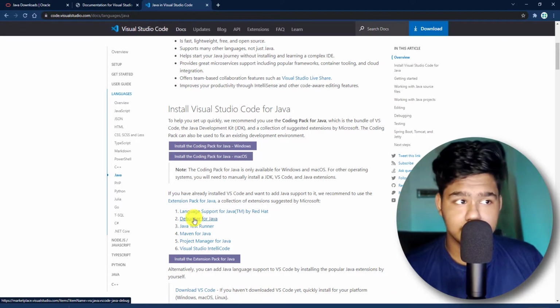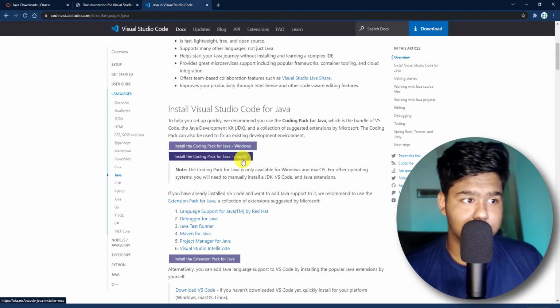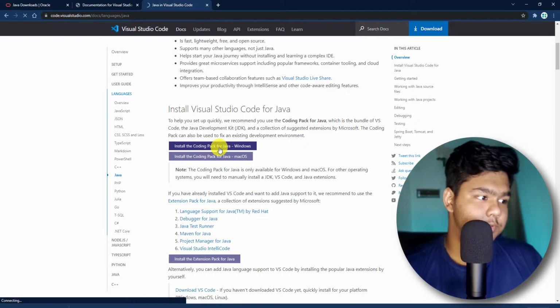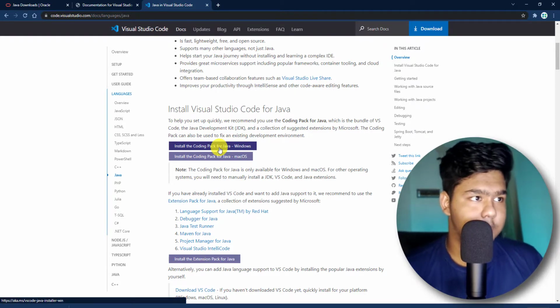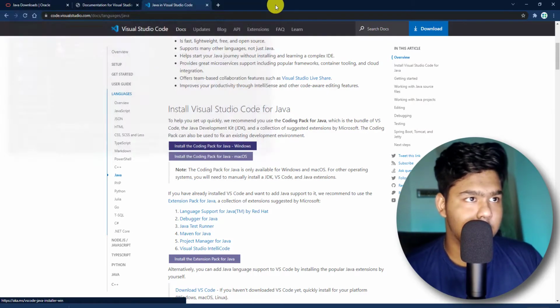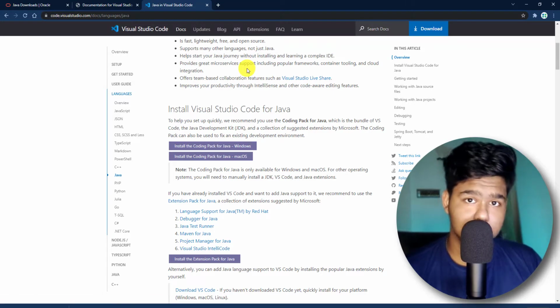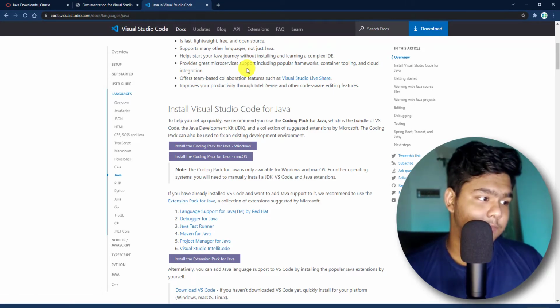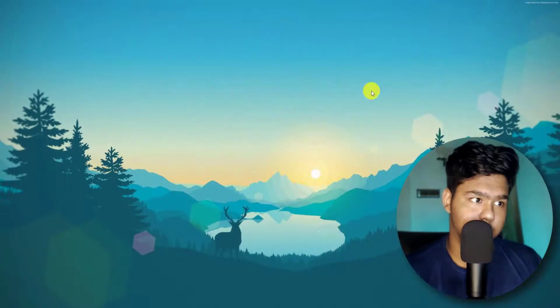Now if you are using Mac, then go to the Mac OS version, and if you are on Windows like me, then click on this Windows. Now it will start downloading. It will show a pop-up message, or it will start downloading. You click on save and just download it. Now I have downloaded all three previously for easier purposes, so let me directly show you that.